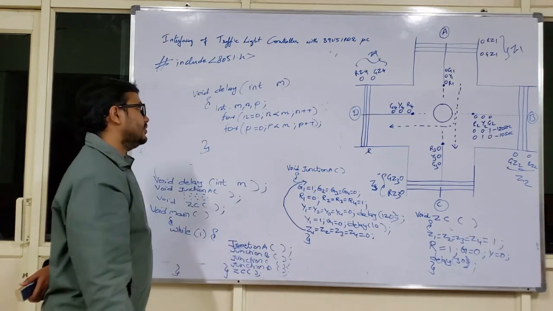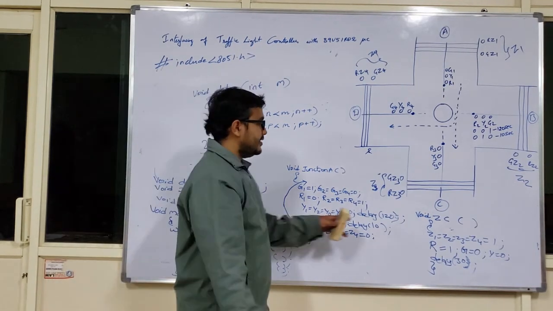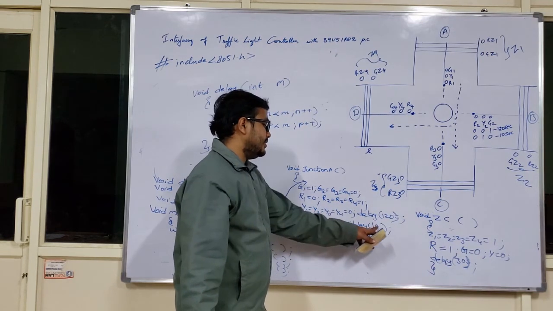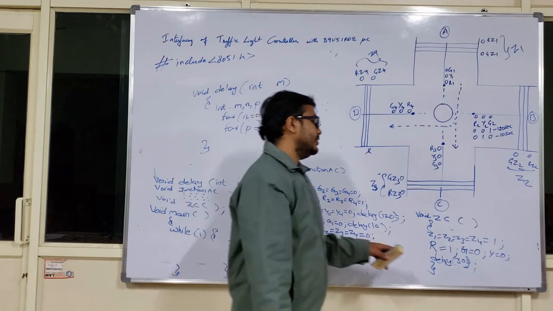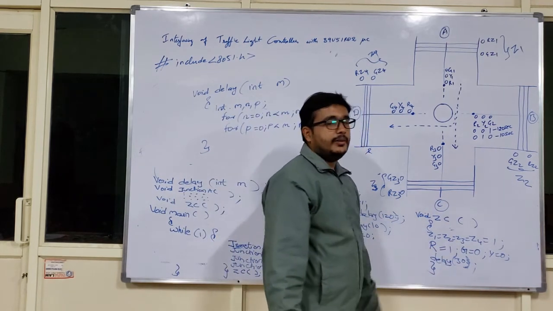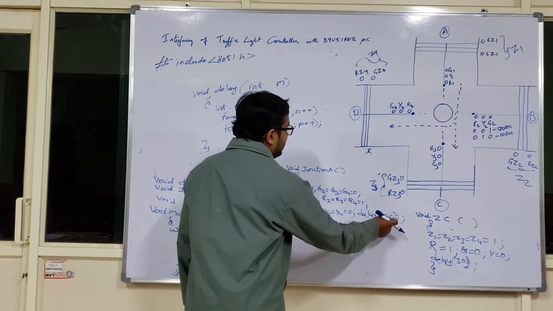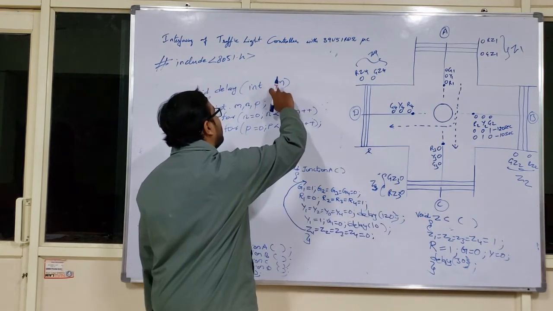So what is the definition that I have written here? 120 seconds have to be present for the green activity to complete, 10 seconds for the yellow activity to complete, and 30 seconds for the zebra crossing activity to complete. So the value present in the argument of the function is passed to the formal parameter here.